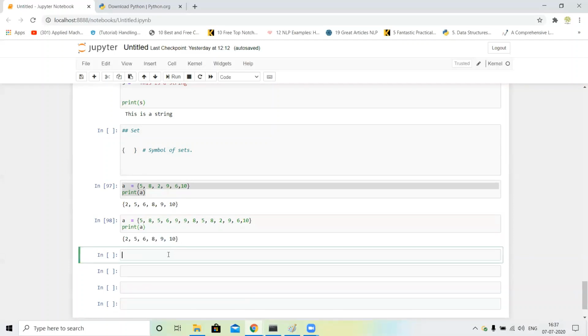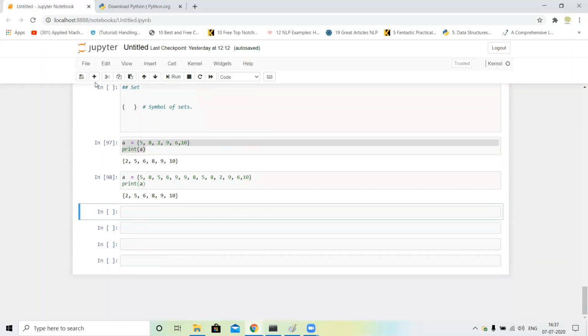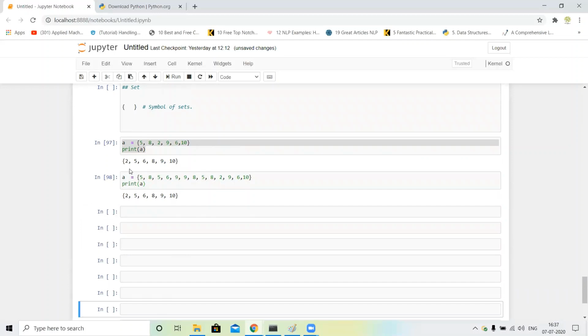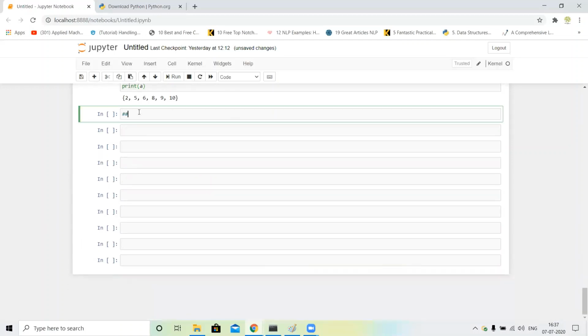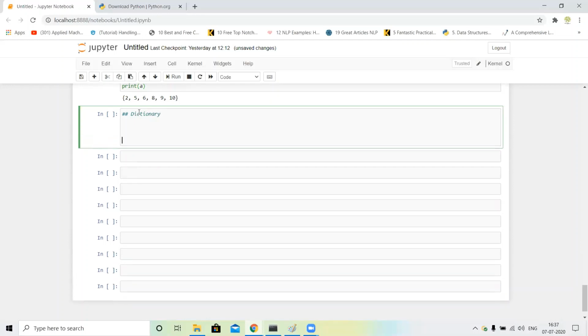Next, dictionary. A dictionary is an unordered collection of key-value pairs. It is generally used when we have huge amounts of data, and a dictionary is mainly used in pandas, guys. When we write code in pandas, we use a dictionary, and a dictionary is defined with braces.